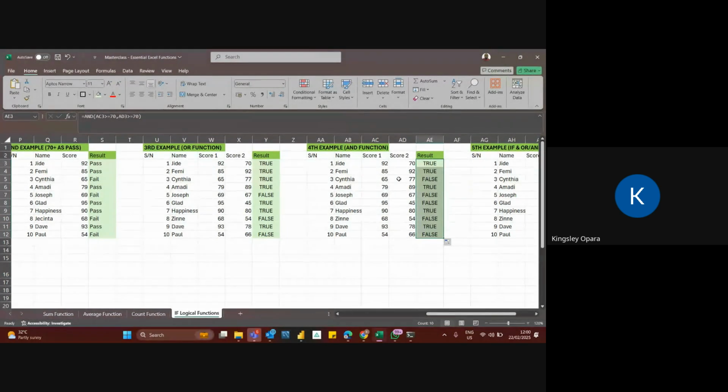Now, for the sake of teaching this at the granular level, that is why I'm using very simple examples. Now, you may be asking yourself, at what point can this be used? Can this really be utilized? Now, take for example an HR person who is checking his employees on different levels.